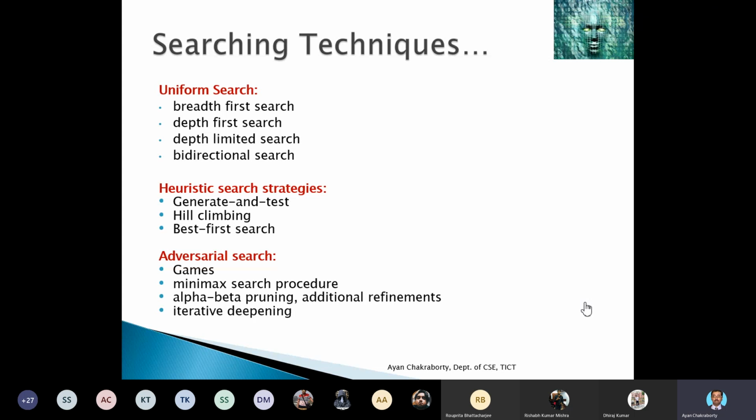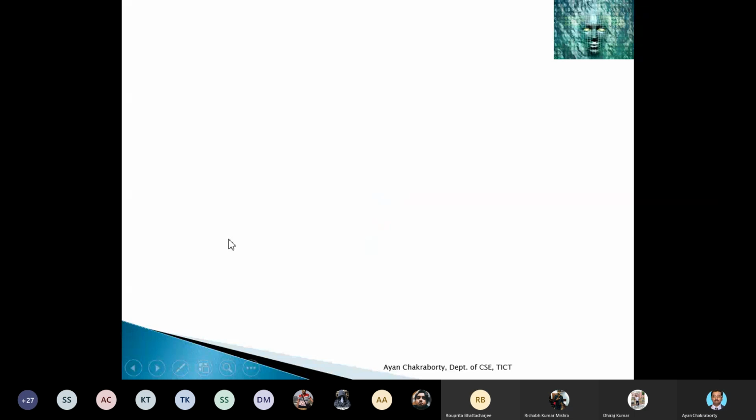Both of these algorithms, BFS and DFS, have some advantages and disadvantages. If you look very minutely, you will see that both of the algorithms basically overcome the disadvantage of each other. That's why in heuristic based searching strategy, we will start with another new search, which is called best first search, as you can see here.